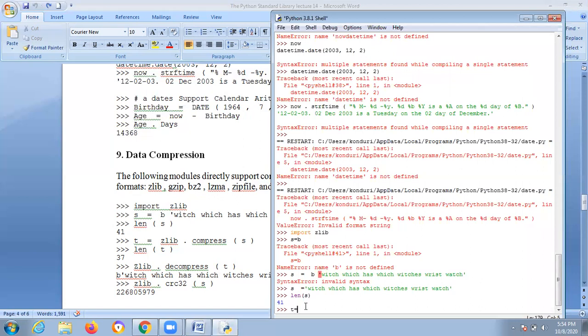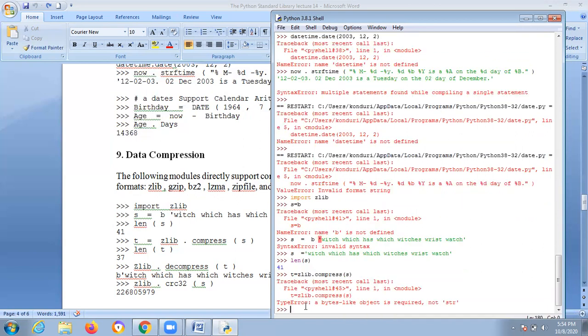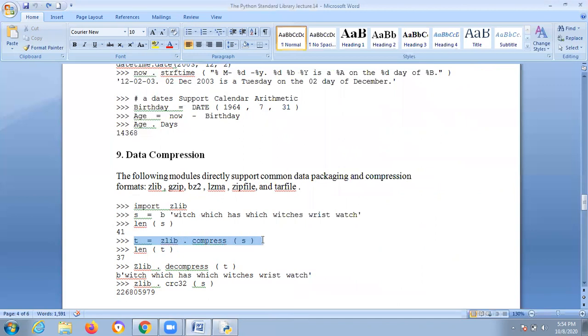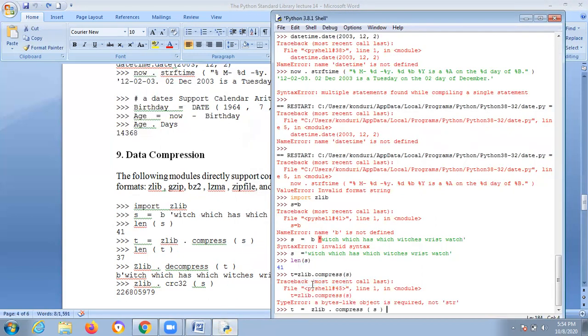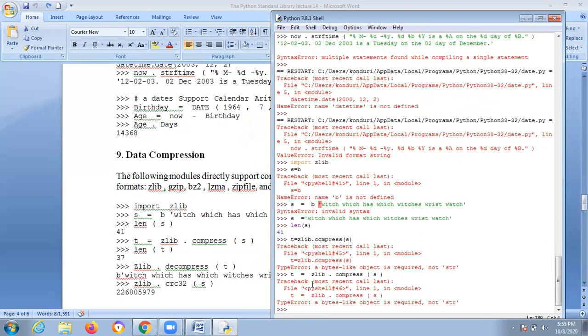And now t is equal to, you are compressing now, just mentioning that in bytes. t is equal to zlib.compress, bytes like, not string.